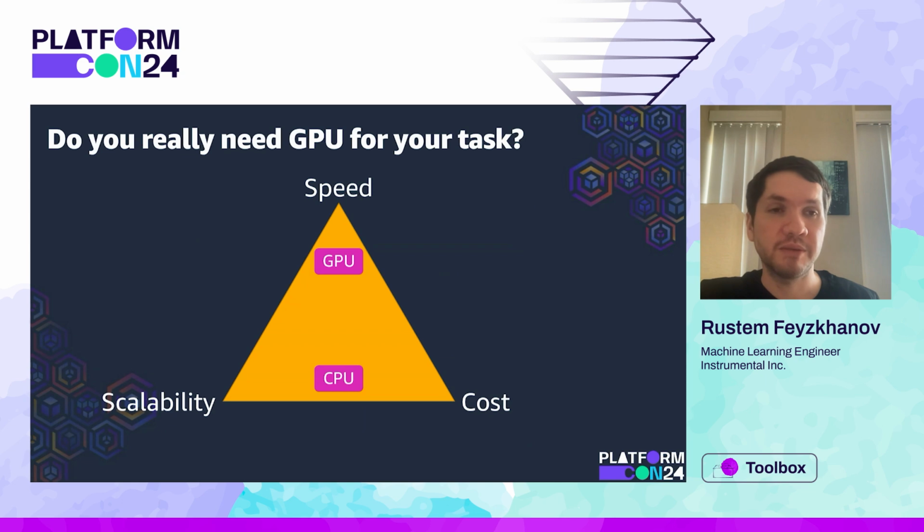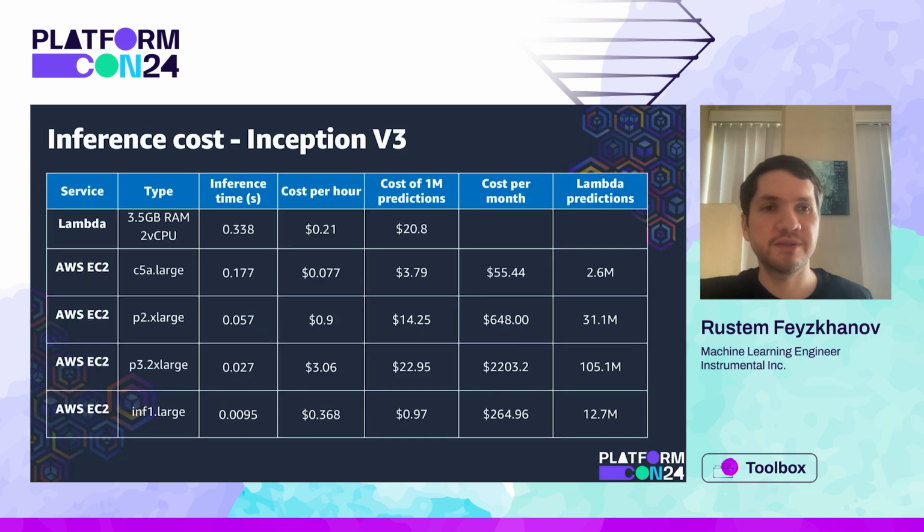Another question to keep in mind here is, do you really need GPU for your task? We do need GPU for training, but for inference, it may be more beneficial to use CPU because it will have more optimized scalability and cost. If we compare different hardware options for running inference, in this case, Inception V3 image classification